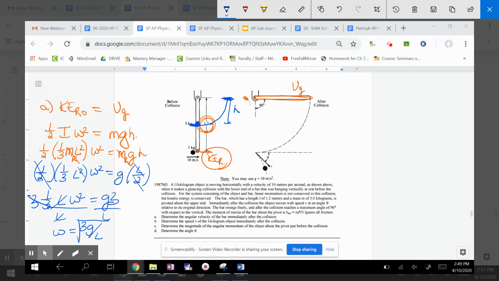In 2020, I highly doubt they're going to give you numbers in a free response question like this. So I'm just going to plug this into my calculator. And I get 4.95 radians per second. Okay. For part B,